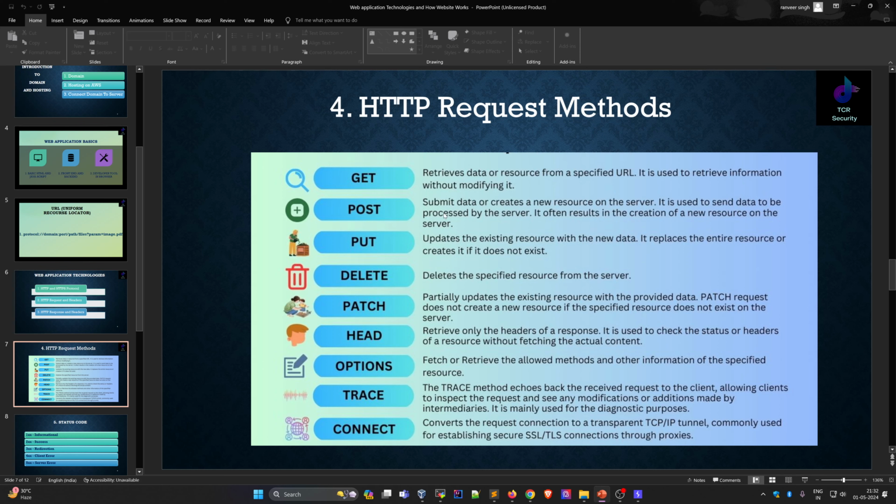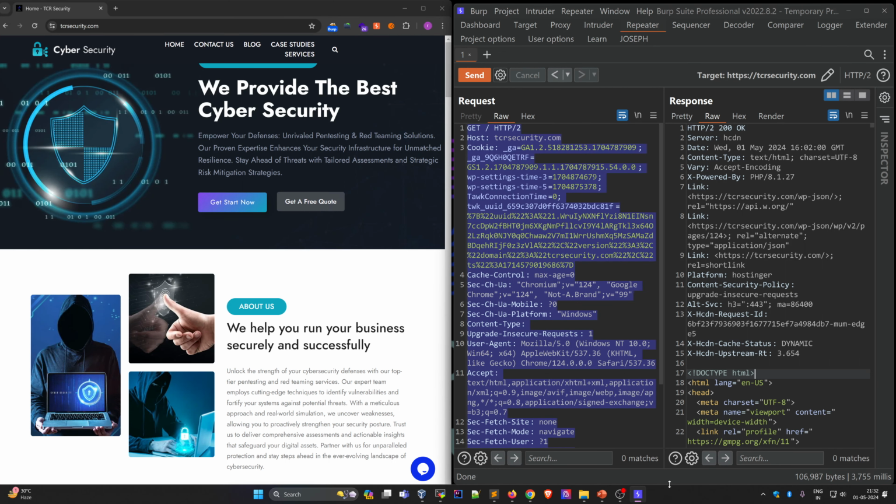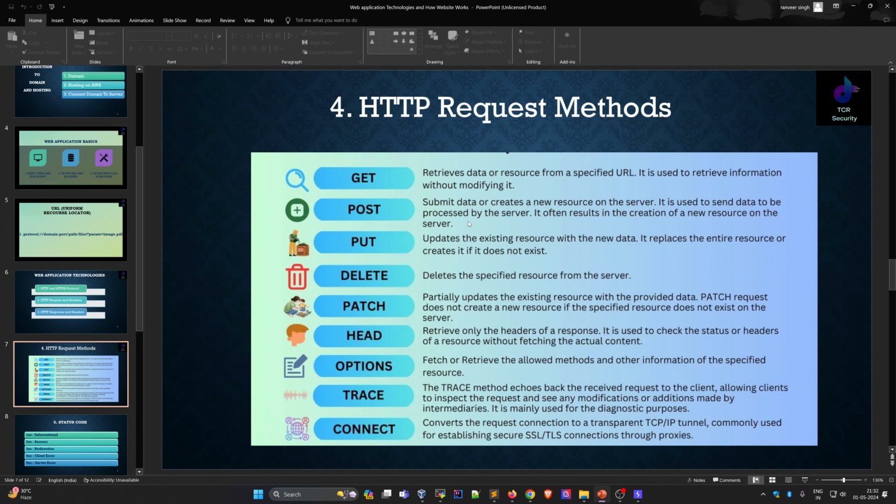Other is POST. POST means like when we do the login, we are sending data, submitting data or creating a new resource on the server. It is used to send data to be processed by the server. It often results in the creation of a new resource on the server. So see, when we do the login, then you will see the POST request. Okay, PUT, like we want to update. So most of the time you will see GET and POST, and sometimes you will see PUT, DELETE,